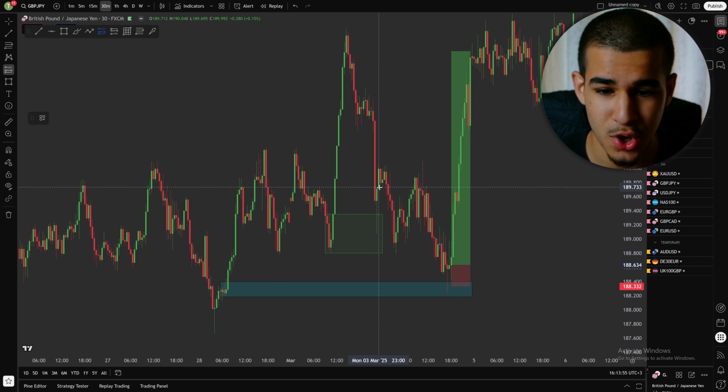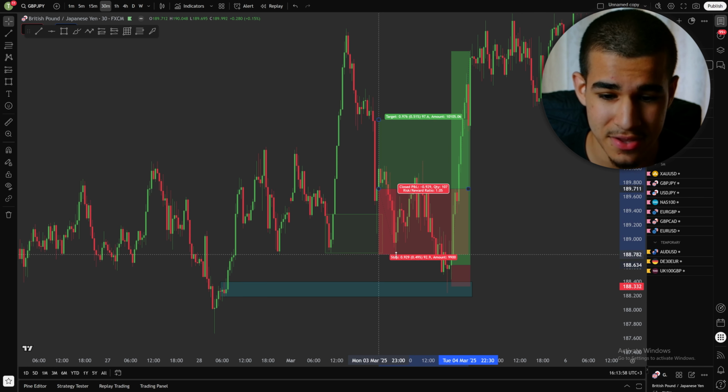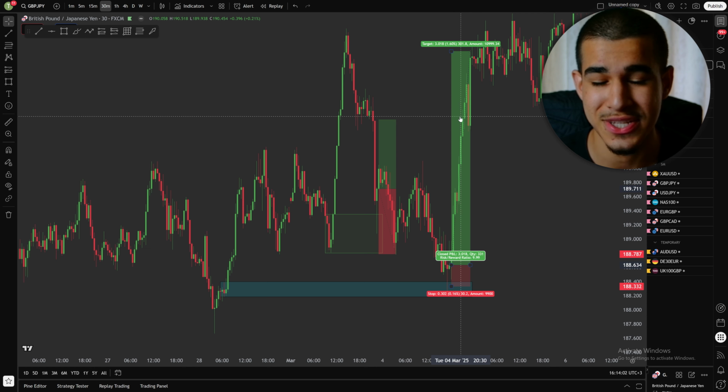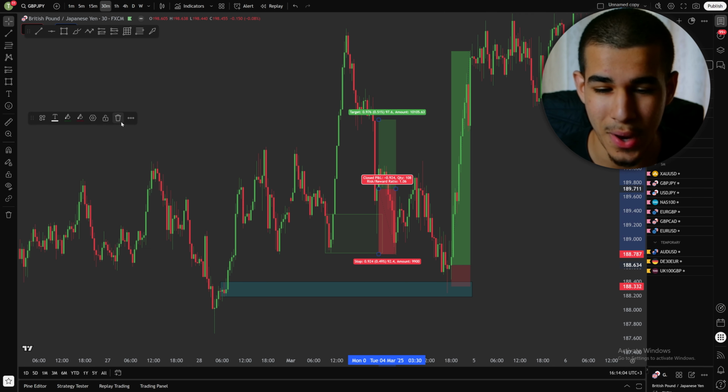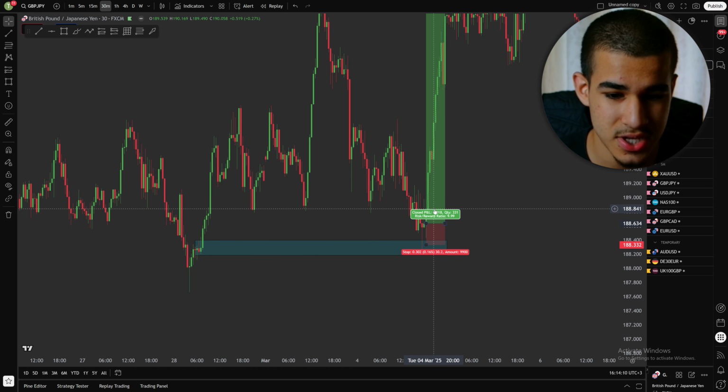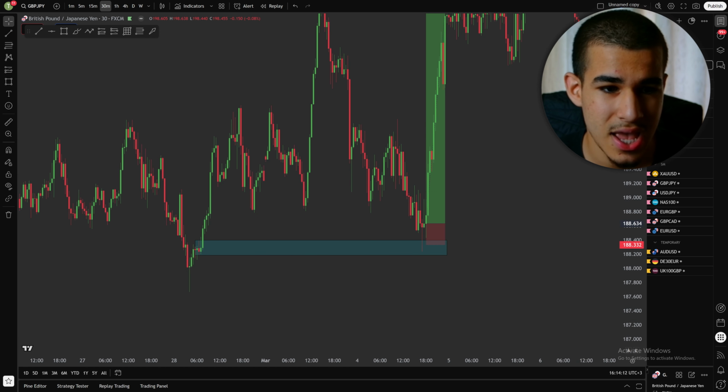They entered here on the close. I don't know how they entered, and I don't even care because I don't even need to trade it. I trade liquidity with supply and demand, and that is just way better. As you can see, they just got stopped out, which is even better for my zone. I entered on the directional close here, with 30 pips of max stop loss, and